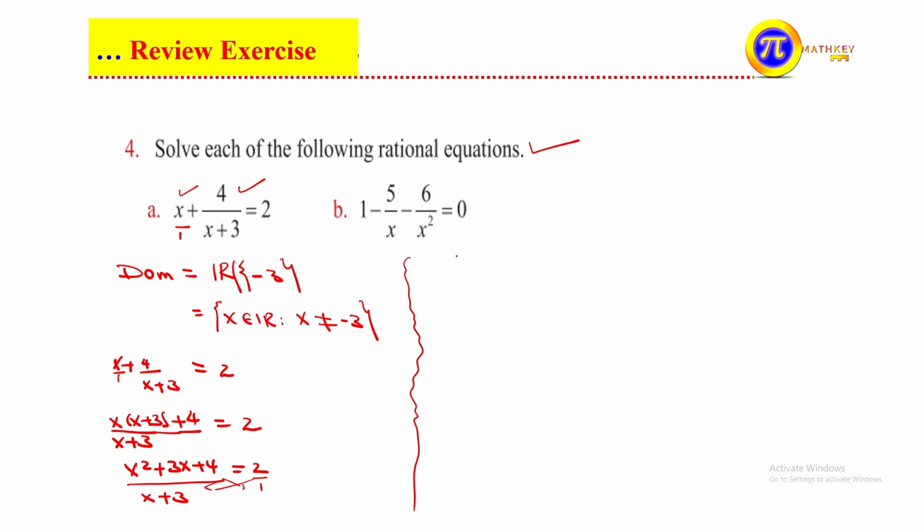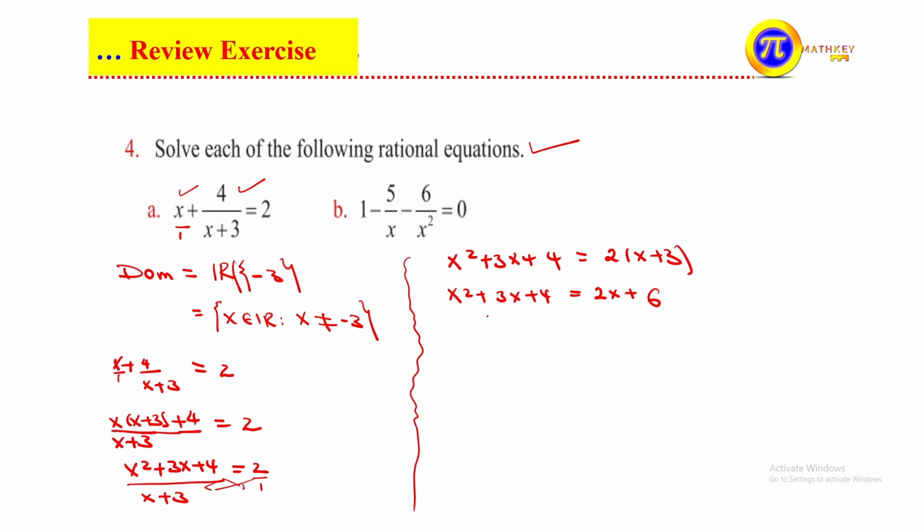This is x squared plus 3x plus 4 is equal to 2 times x plus 3 ይሆናል ማለት. Solve: x squared plus 3x plus 4 is equal to, distribute this one over addition, 2 times x that is 2x plus 2 times 3, ምን ይሆናል, 6 ይሆናል. Take this one to the left side, ስንወስድ 2x ምን ይሆናል, minus 2x ይሆናል, 6